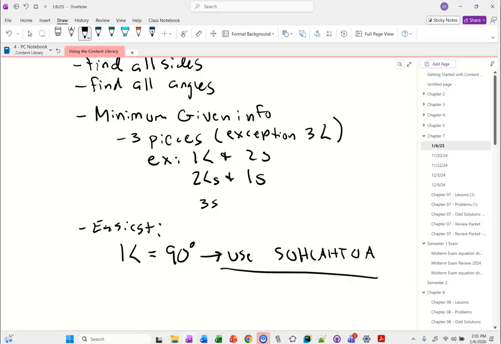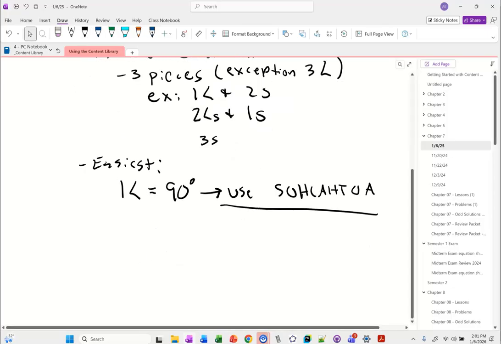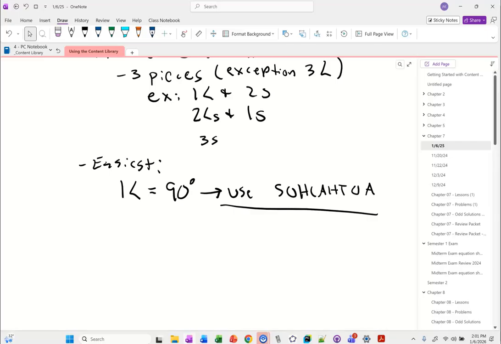Sound good? Again, we did this a little bit at the start of the semester in regular pre-calculus before we started trigonometry. That was kind of our jumping off point. And you probably did this a bunch in geometry, but that was a little while ago. So let's